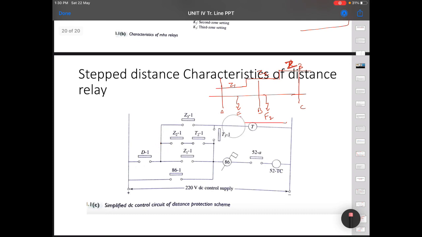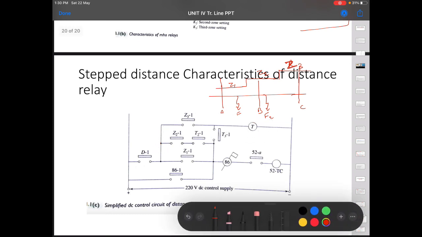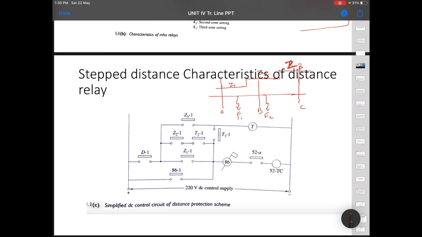Next. Now if there is a fault in zone 3, again this has to wait for how much time? 0.25 because of zone 2 plus 0.25 because of zone 3, so it has to wait for 0.5 seconds. So again, anyhow it has waited for 0.25, this is closed, and now it will wait for 0.5 seconds.